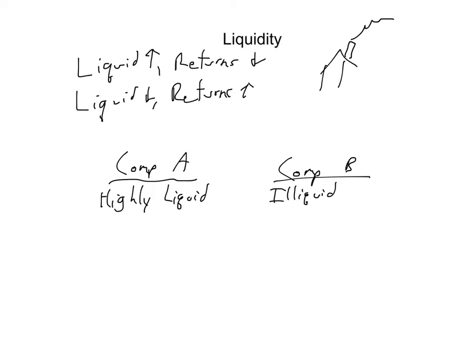Okay, so if they each offer, again, let's say, a 5% rate of return, again, you know what's going to happen. Nobody's going to invest in company B's investments because they're getting the same return for a product that's harder to get your money back from. Okay, in order to get anybody to purchase this company B asset, they're going to have to offer something more like 8% or 10%.